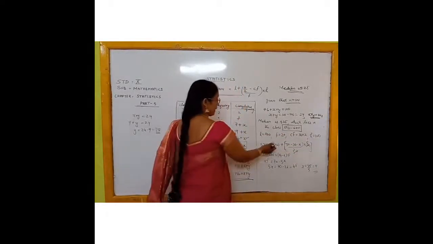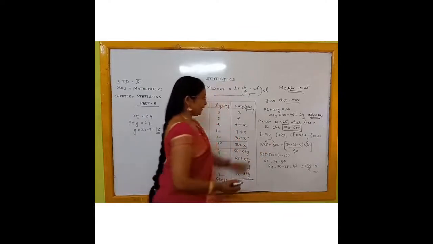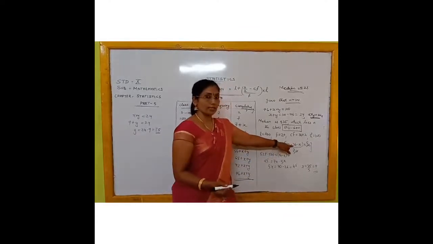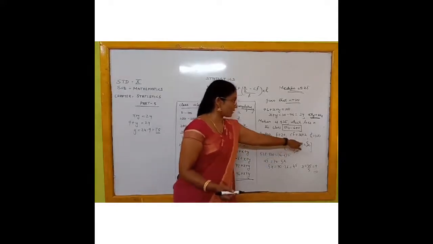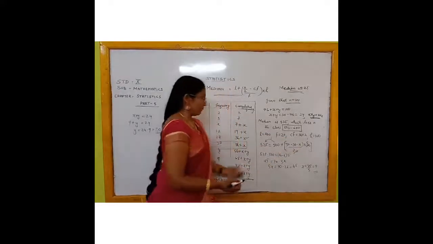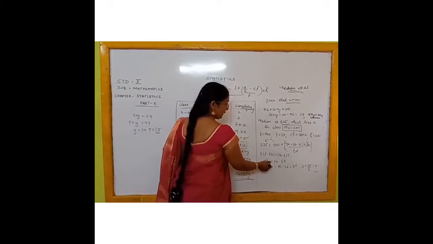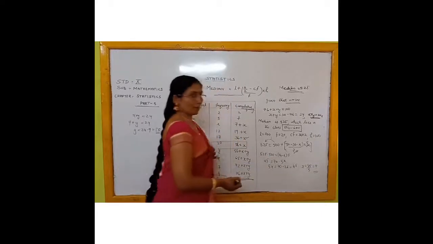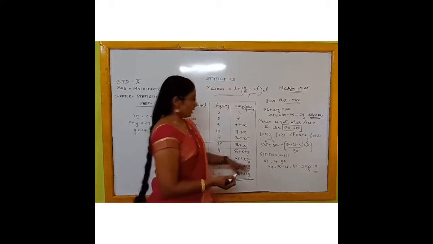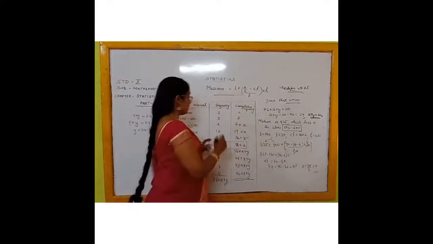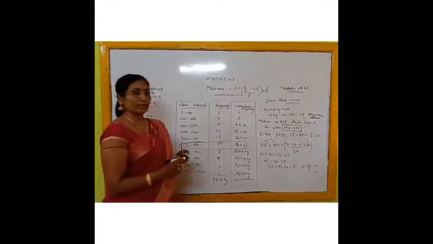Next step, the 500 I have taken to this side. So 525 minus 500 is equal to 50 minus 36, which is 14, minus x, into 5. Now multiply it. 14 fives are 70, minus 5x. Take to one side. Here 25. So you will get 5x is equal to 70 minus 25, which is 45. That means x is equal to 9. The x value, that means this missing frequency, you already got as 9.